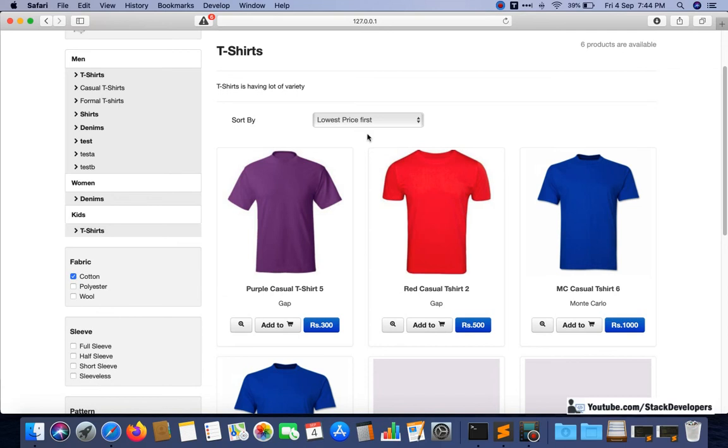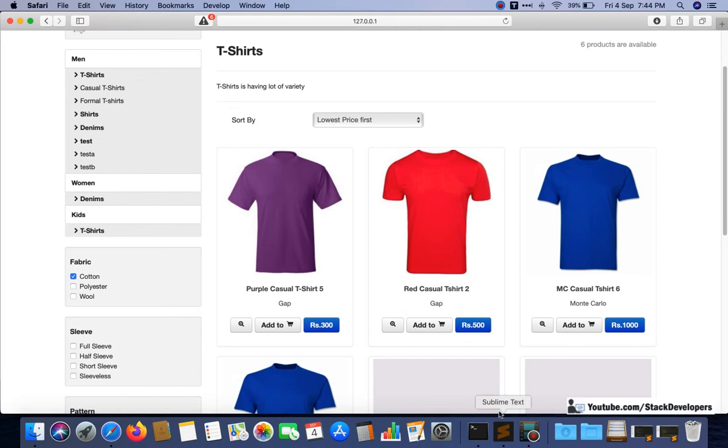These kinds of filters are really important for users, as most users are going to use them because users are very specific. They want the specific product as per their requirement, so these filters are really important. So we are going to work on these filters, and let's start now.